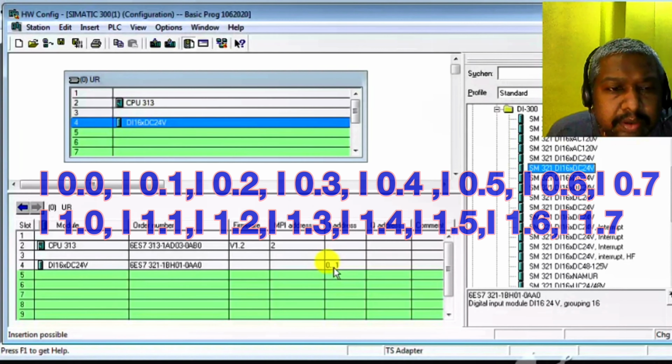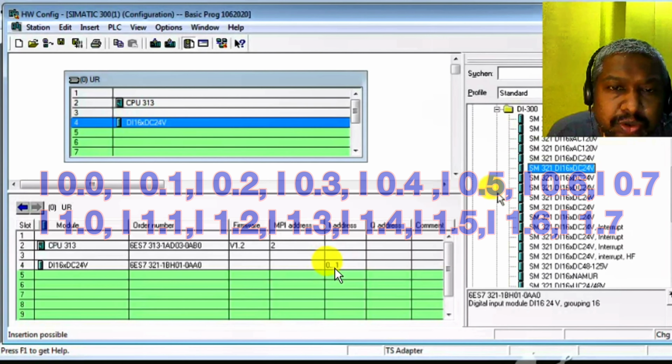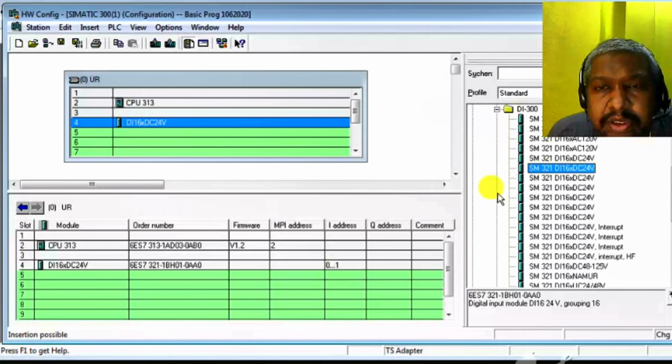Look at this, this is actually I address 0 and 1, that means 0.0 to 0.7 is 1 byte, and 1.0 to 1.7 is another byte. That means a total of 16 bit. We have inserted DI 16, so this is a total of 16 bit. Now we insert digital output.